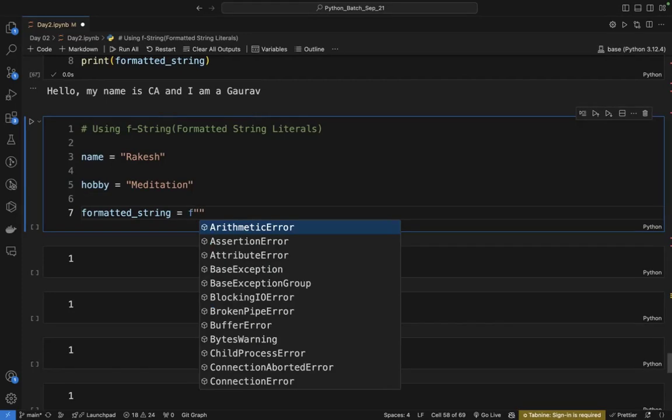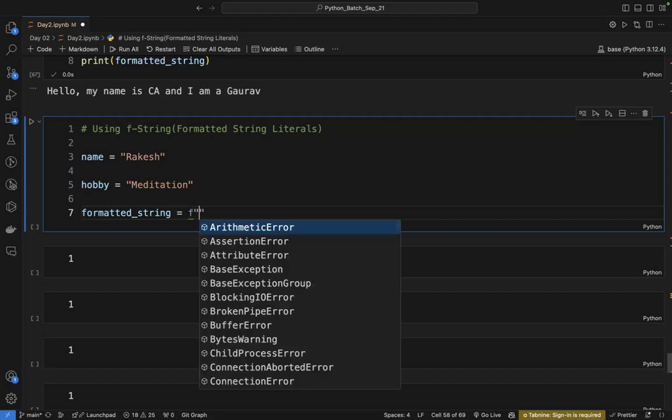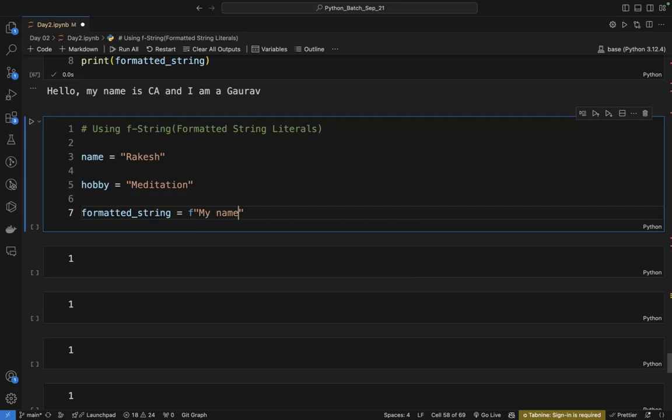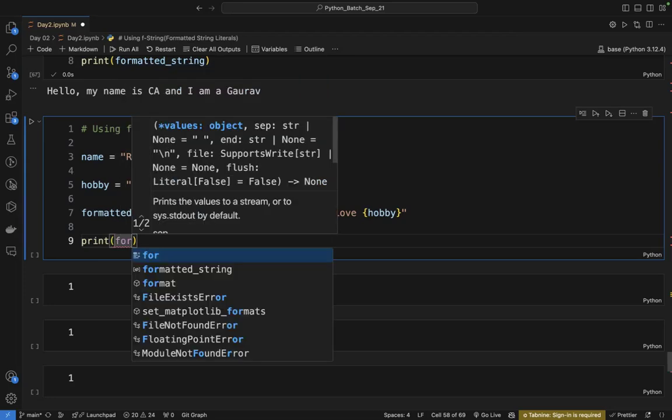इसके बाद मेरे को ये डबल कोटेशन लगाना है, ठीक है। ये देखो आप, डबल कोटेशन या सिंगल कोटेशन कोई भी आप यूज कर सकते हैं। तो मैंने डबल कोटेशन लिया, लेट से मैं लिख रहा हूं माय नेम इज, और फिर यहां पे मैं नेम वेरिएबल डाल रहा हूं, एंड आई लव, और मैं एक यहाँ पे कर्ली ब्रैकेट डाल रहा हूं, और मैं यहां दे रहा हूं हॉबी, फाइन। अब यहाँ पे मुझे कुछ भी और डालने की जरूरत नहीं है। मैं इसको प्रिंट कराना चाह रहा हूं, लेट्स प्रिंट इट। प्रिंट क्या लिखूंगा, फॉर्मेटेड स्ट्रिंग।